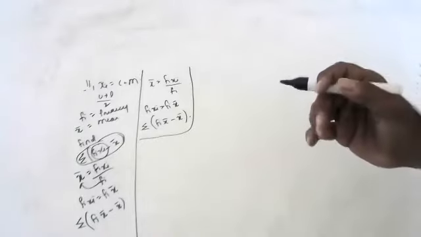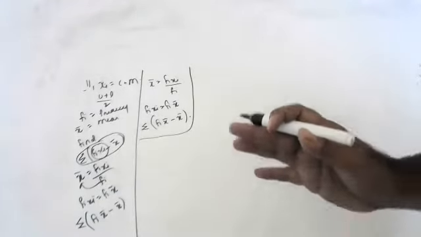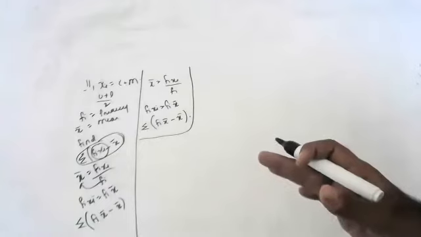Sir, in line number six, we need to take mean common, sir? No, we don't need to simplify more. It's a summation. You should not take mean common. If it is a normal equation, we can take.